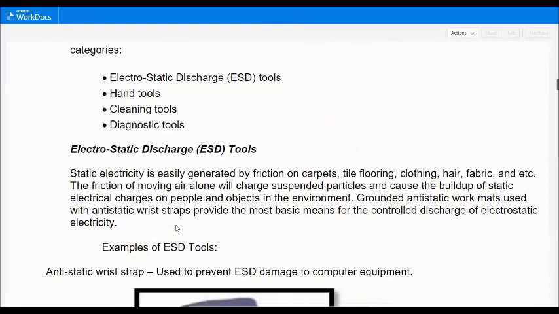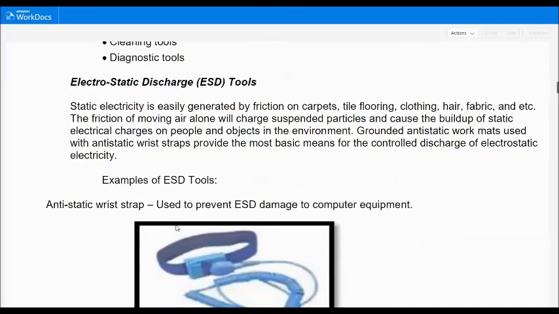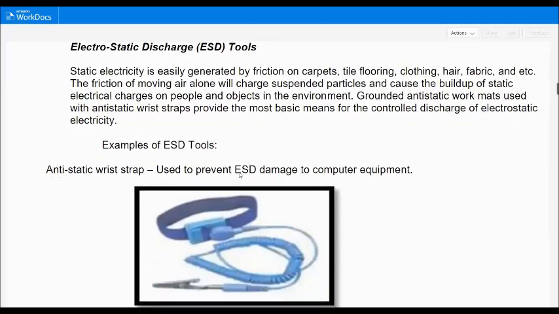Then, electrostatic discharge, ESD tools. Static electricity is easily generated by friction on carpets, tile flooring, clothing, hair, fabric, and so on. The friction of moving air alone will charge suspended particles and cause the build-up of static electrical charges on people and objects in the environment. Example,